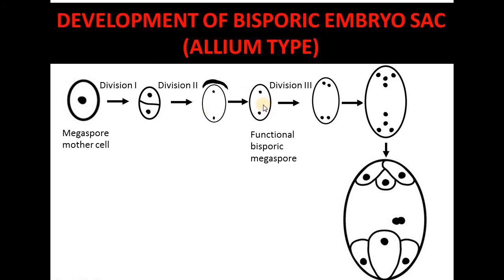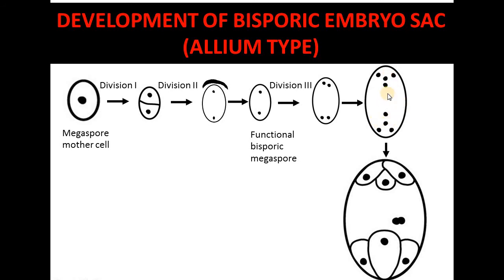Now the division 3 will be of mitotic type, and you can see from 2 nuclei, now 4 nuclei are there, because both the nuclei will produce 2 nuclei. So from here also 2 and from here also 2, total 4 nuclei will be produced. And after that, when the next mitotic division will occur second time, these 2 nuclei will produce 4 and this 2 also produce 4. So total 8 nucleate structure will be there.